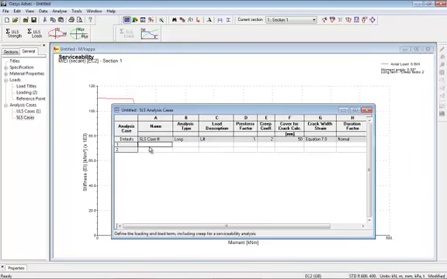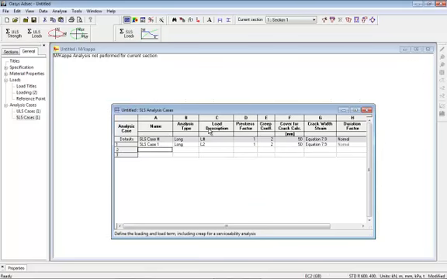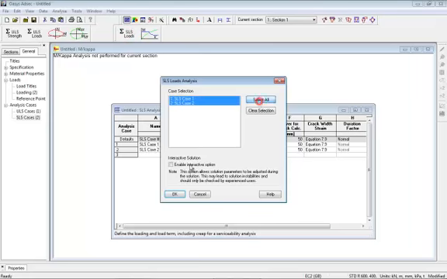If we do an SLS case, serviceability limit state case, I could just take L2, which is the live load, or I can take load case dead plus live, and take from there. So if we do these limit state cases, select all of those,